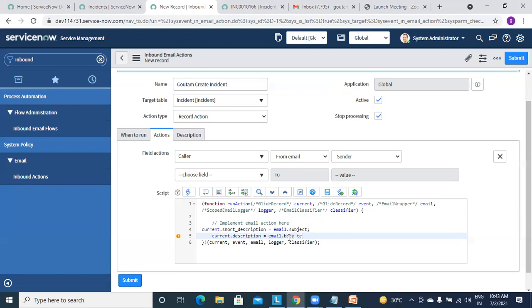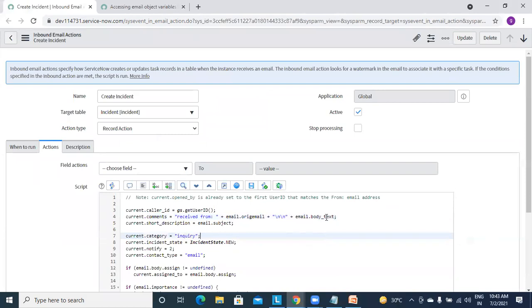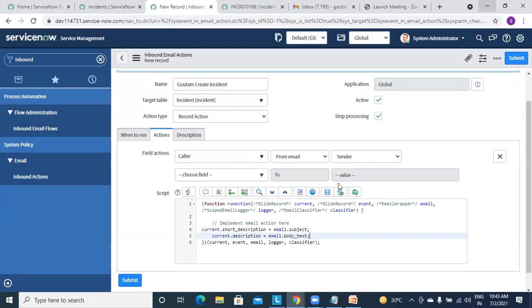Sorry, text. Let's verify here if I have given it correctly or not. Email dot body underscore text and email dot subject. So okay, fine. So we are just setting three fields, that is caller, short description, and description. Okay.